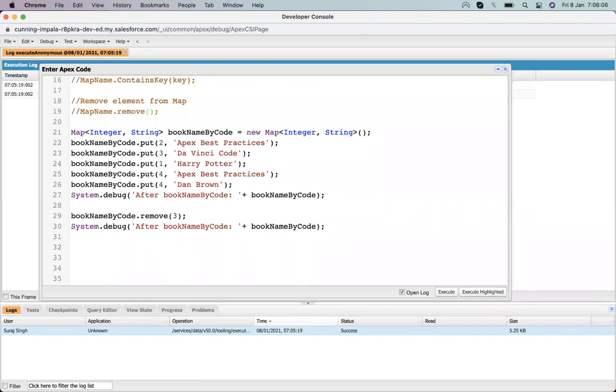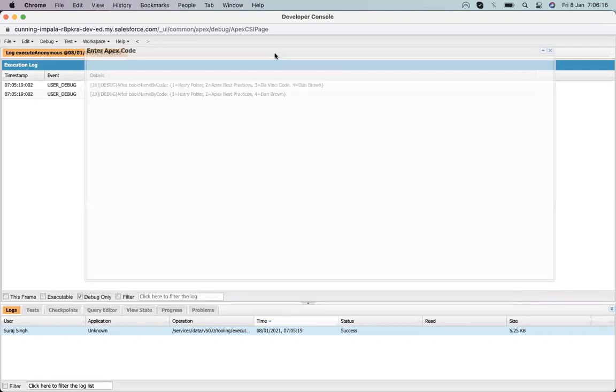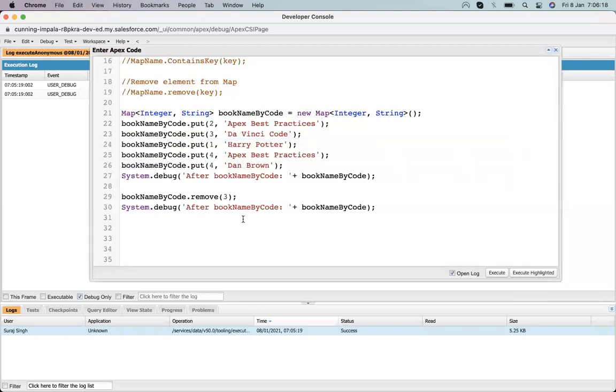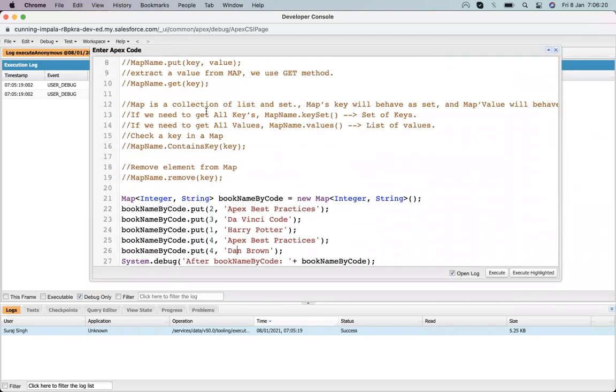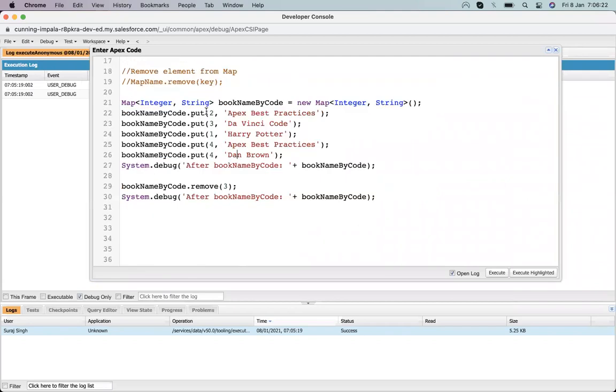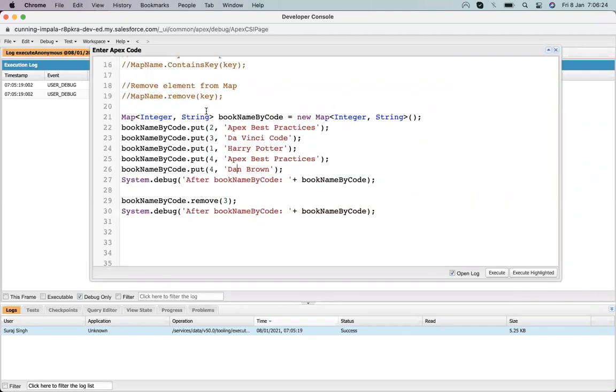So on the basis of the key, we can easily remove an element from a map, just like we removed the third element.